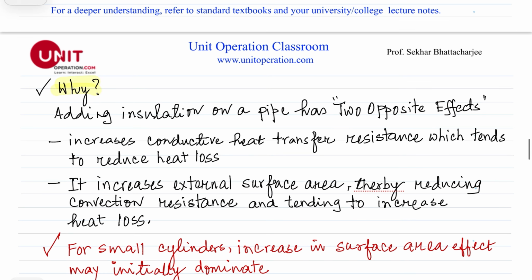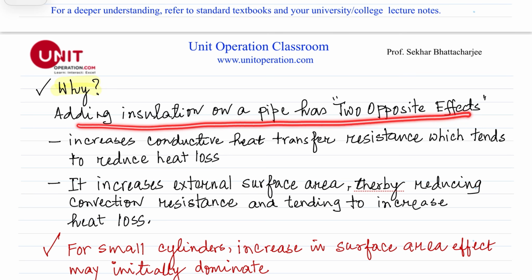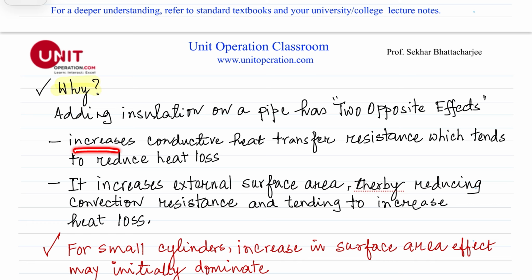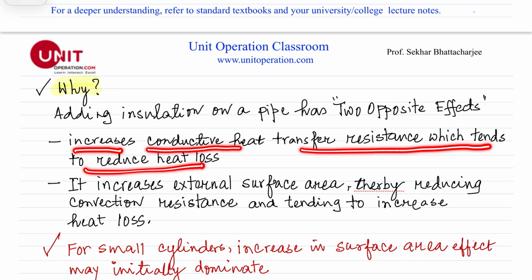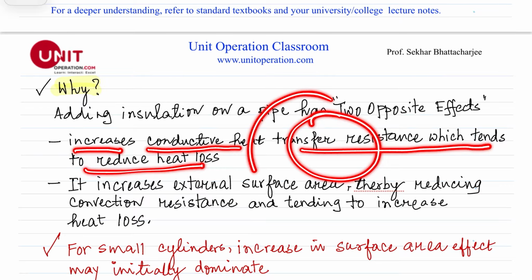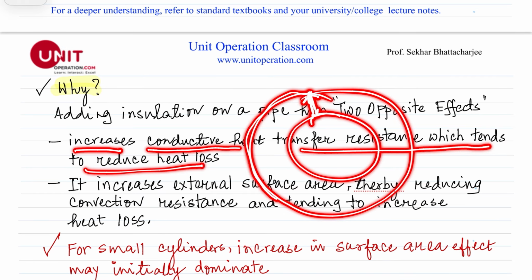So one, adding insulation on a pipe has two opposite effects. One is increasing insulation increases the conductive heat transfer resistance, which tends to reduce the heat loss. So let's say if it's a pipe, if we add insulation here, of course we are adding a resistance, so that will tend to decrease the heat loss. But at the same time, when you're adding insulation,